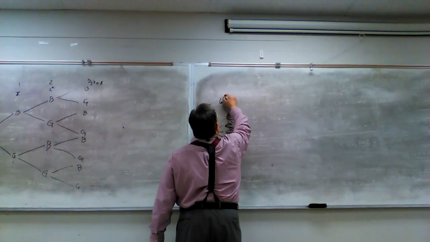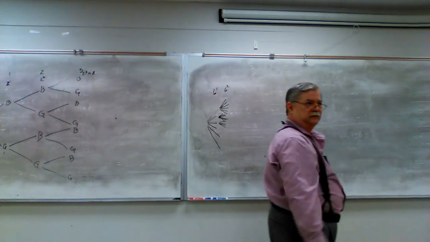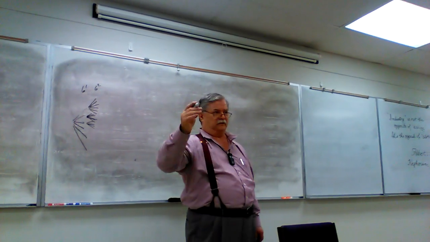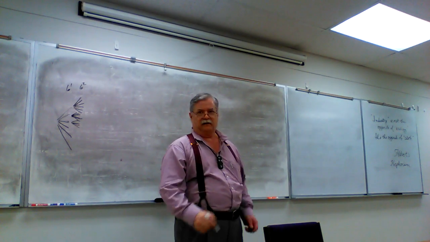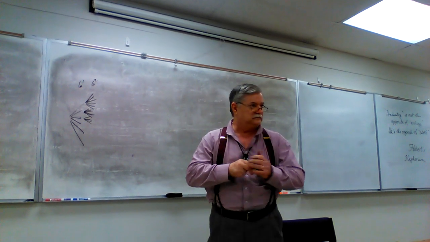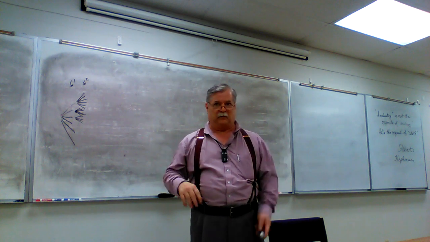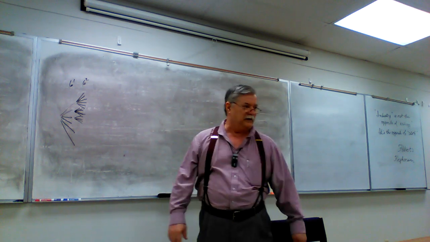So here you got 6 to 1, here you got 6 to the power 2. If you were rolling 3 dice, if you were rolling Yahtzee, 6 die, what's 6 to the power of 6? 6 to the power of 6 is a big number that I don't want to try and calculate in my head, but